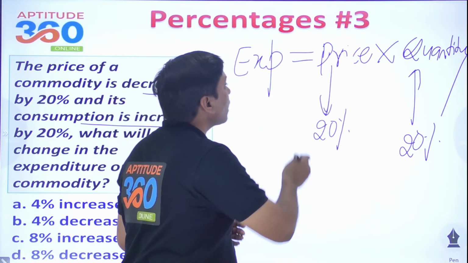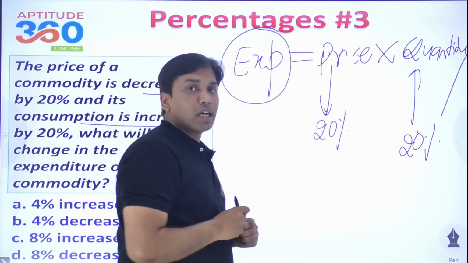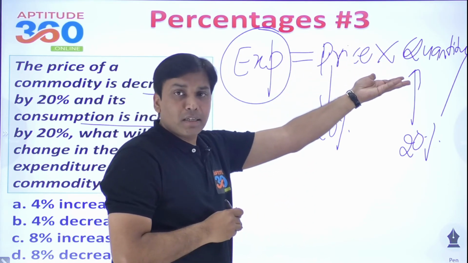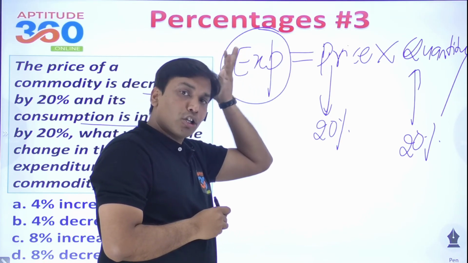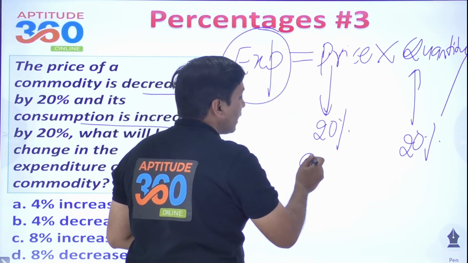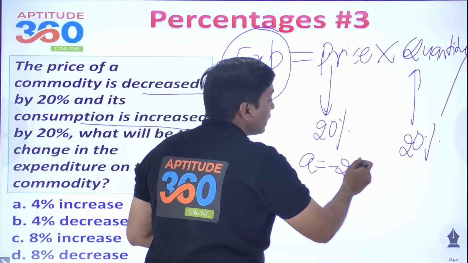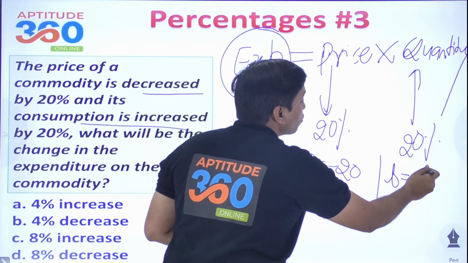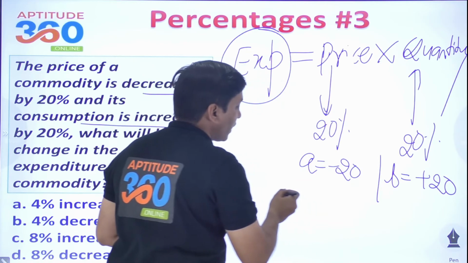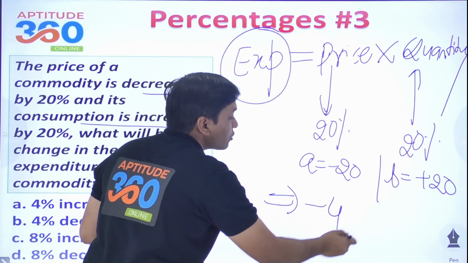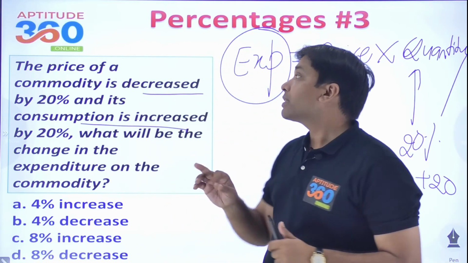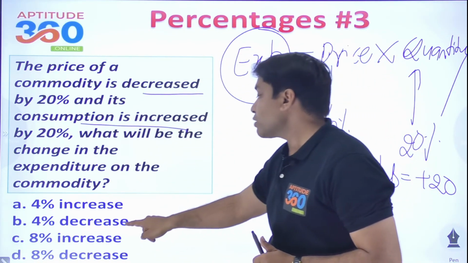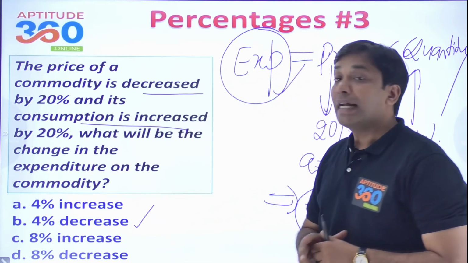Apply कर दो AB formula क्योंकि आप इस पे change देखना चाहते हो. Two variables are getting multiplied and you want to analyze what is going to be the effect on the outcome. AB formula लगाएंगे. A कितना आएगा? -20. B कितना आएगा? +20. Please be with me and simplify this with AB formula. Your answer should be coming out as -4%. So what is the meaning of -4%? In the expenditure there has to be 4% decrement.